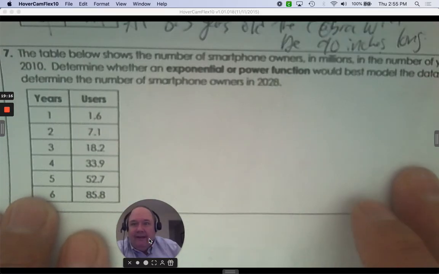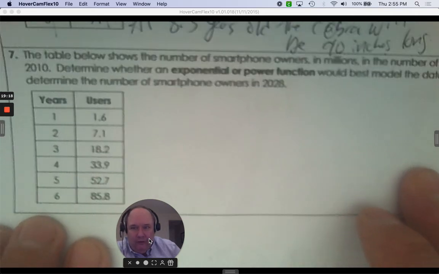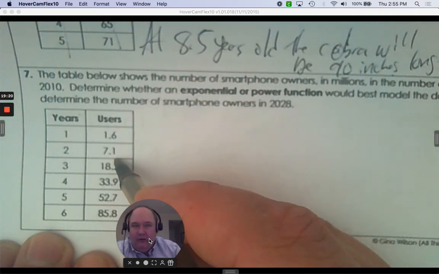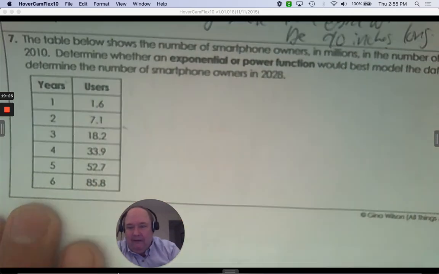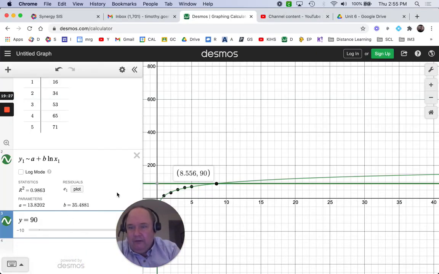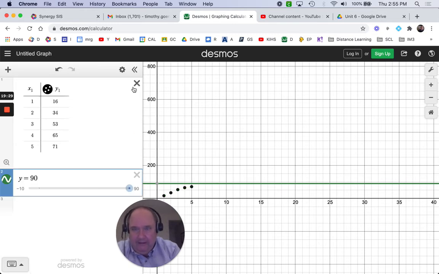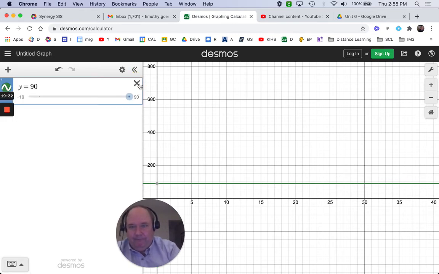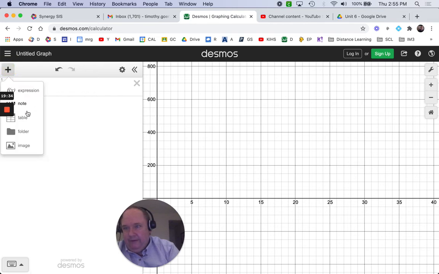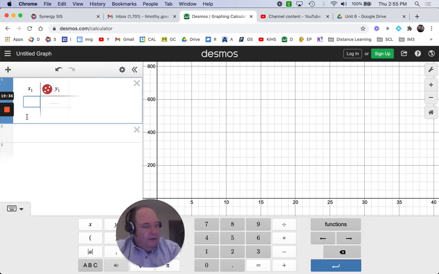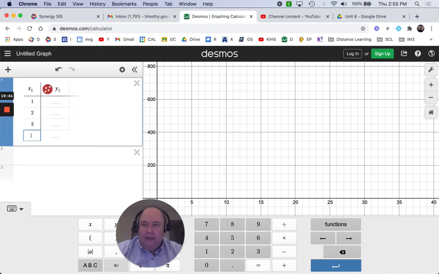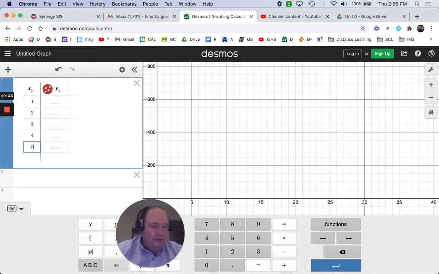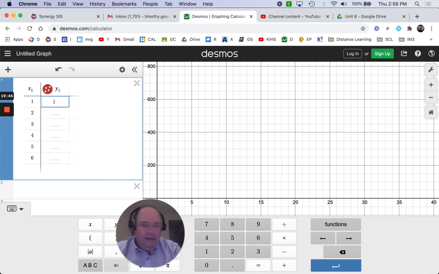So the table below shows the number of smartphone owners. So we have the years and the users in millions. So let's type this table in. You know the drill by now. So let's get that table in. And so the table has 1, 2, 3, 4, 5, 6. And then on the other side we have 1.6,